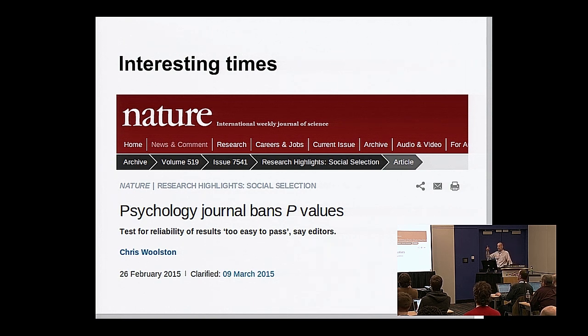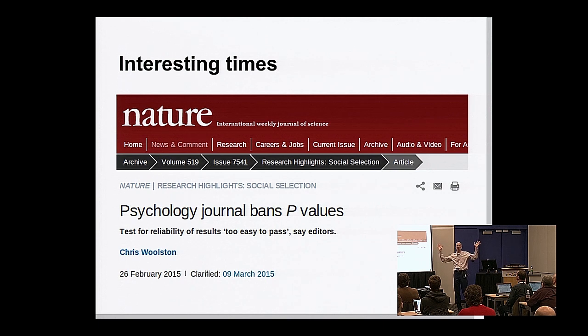So an interesting thing happened. I proposed this workshop for PyCon, and then a few weeks later, there was big news in the world of statistical inference. There was a journal in psychology that published a white paper that said, we will no longer publish papers that do conventional statistical inference. No p-values, no standard errors, no confidence intervals. We just want effect sizes, period.